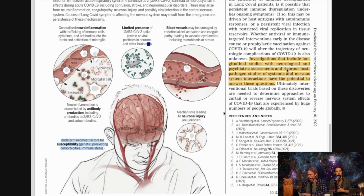There was no way to get clean water. And so people were already really sick. And so I wonder if what we're looking at here when it says undetermined host factors is not the fact that our environment right now is filled with a lot of